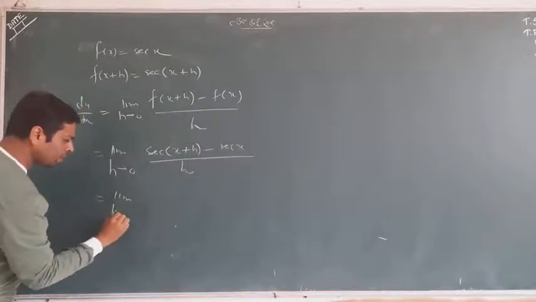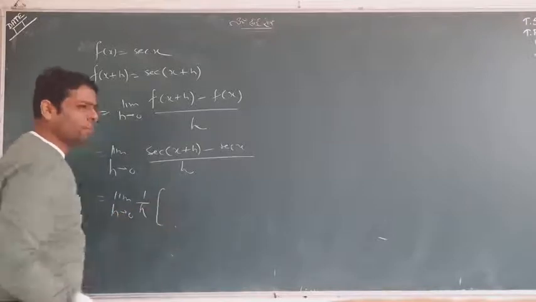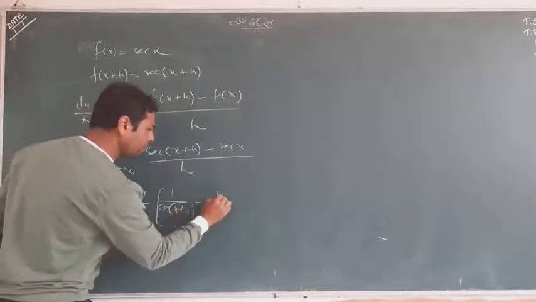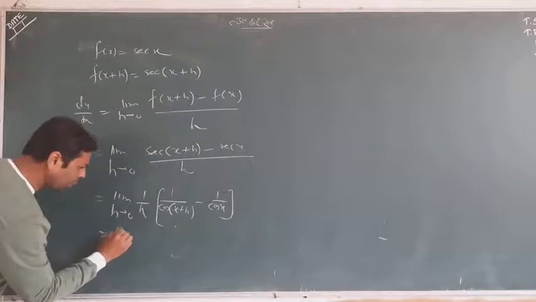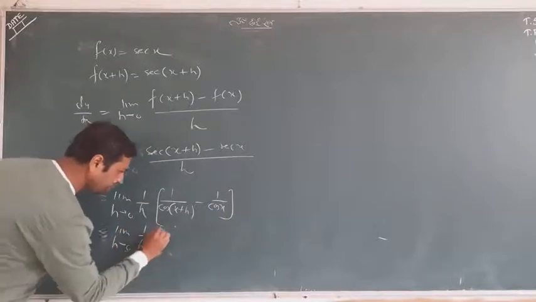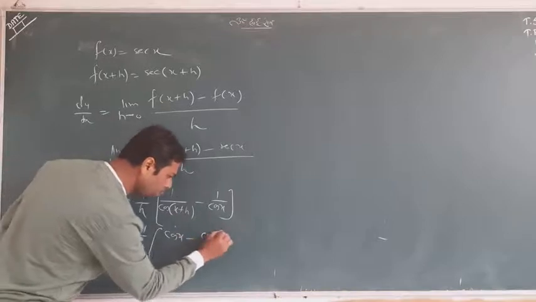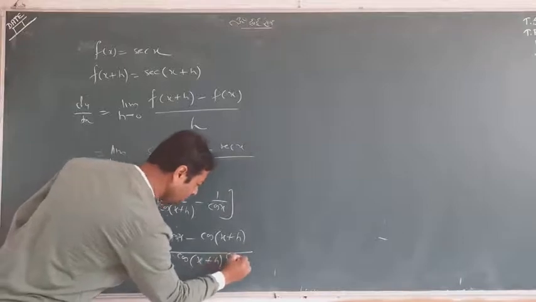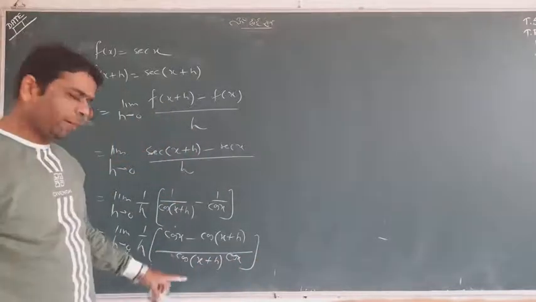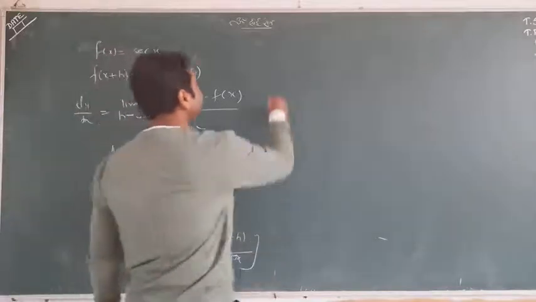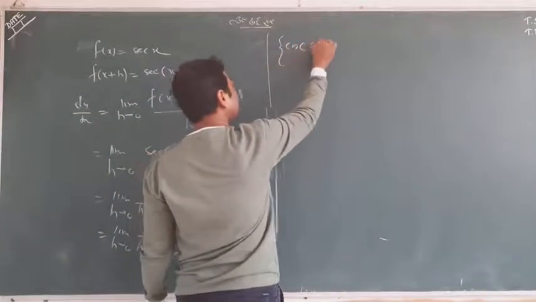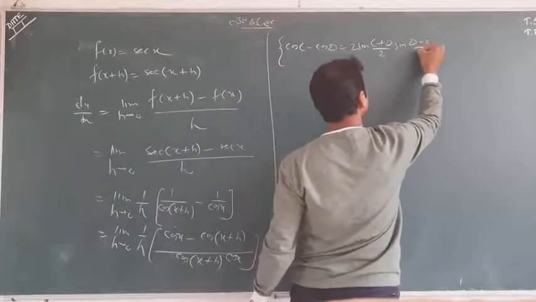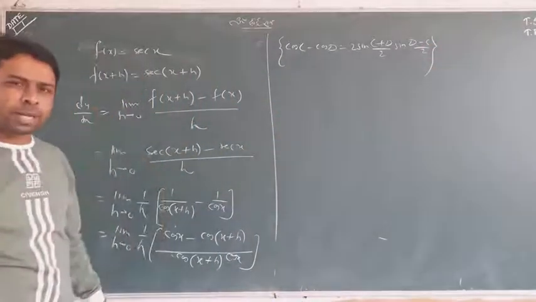What you will do now next? No C and D formula we have with the sec. I will write 2 sec as 1 by cos and 1 by cos. What we will do now next? We will take an LCM. Cos will come here, cos will come there, upon cos of x plus h, cos x. That's simple. Now what I will do? I will use cos C minus cos D, which is 2 sin of C plus D by 2 sin of D minus C by 2. We already know it. We used the same formula in the last questions.